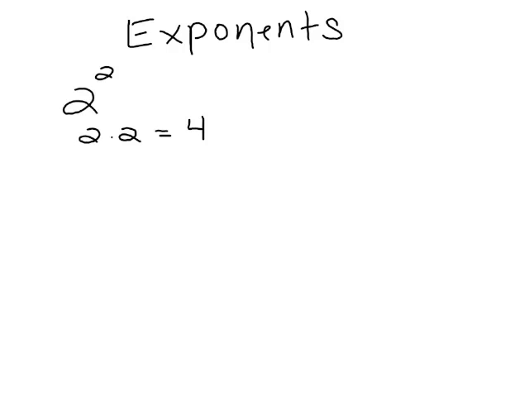Where people get confused is they think it means 2 times this number, because in 2's case, it is for both scenarios. What if I had 3 squared? If I do 3 times 2, the answer is 6, but that's not what they're asking me to do. They're asking me to do 3 times itself twice. So 3 squared is